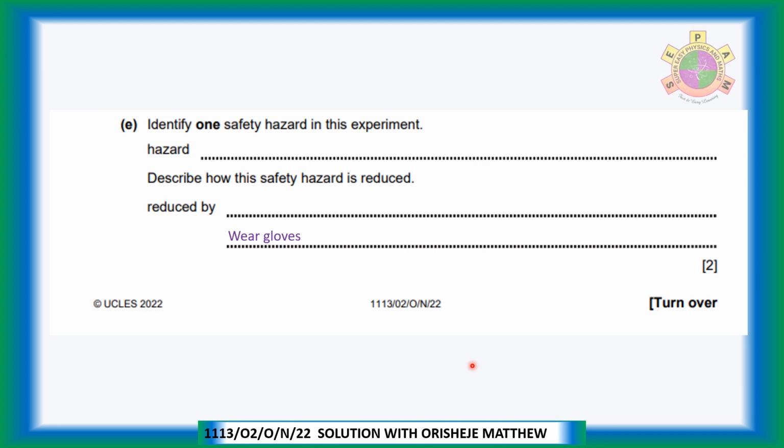Identify one safety hazard in this experiment. Sulfuric acid is corrosive, that it can burn. Sulfuric acid causes chemical burn. And that's why if you are performing an experiment that has to do with acid, you have to be